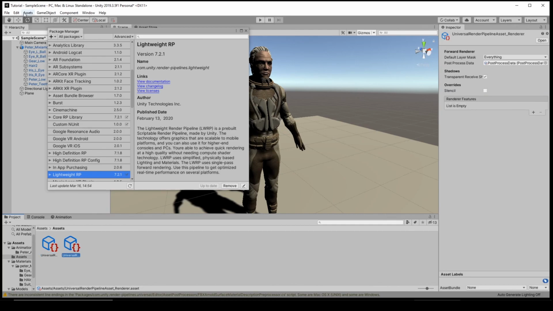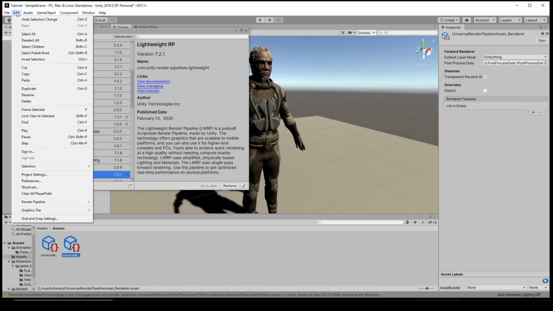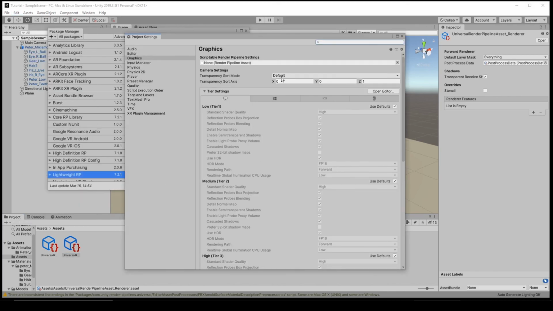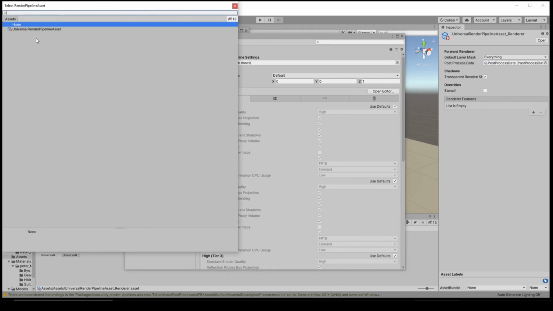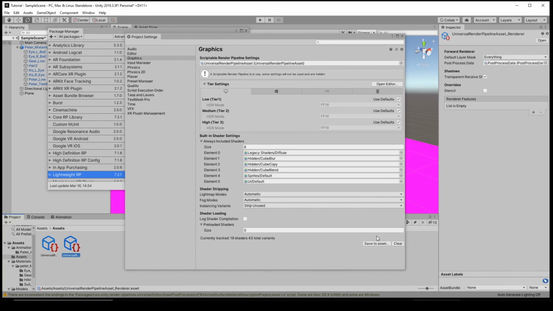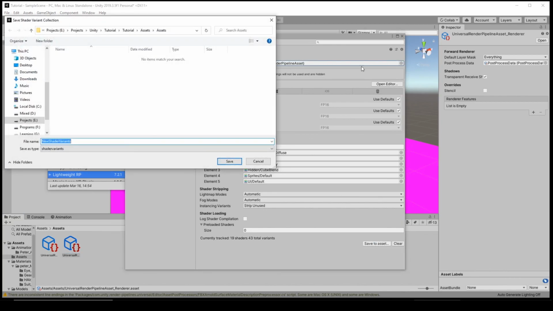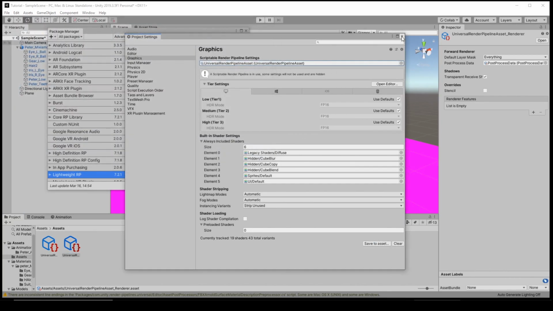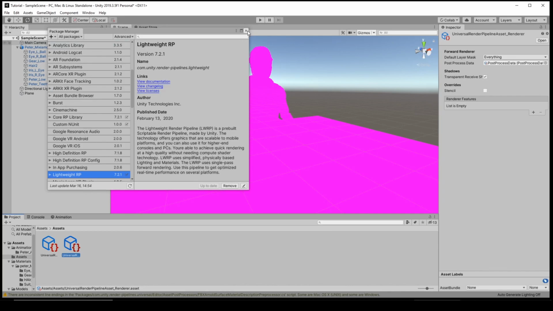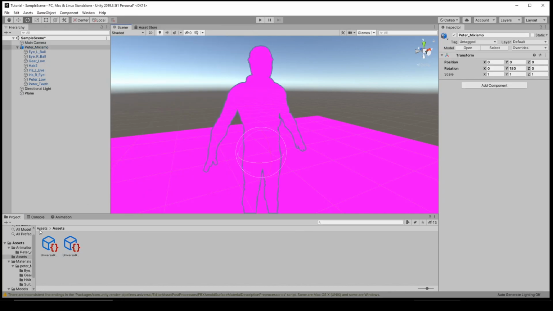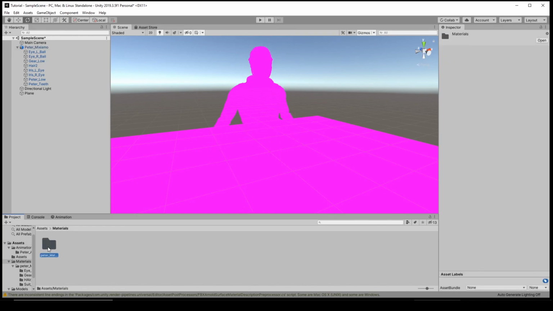Okay, next go to your edit, project settings, okay, and to the graphics, and select our universal render pipeline, and save, and close. Okay, now let's go back to our materials. So the suits,